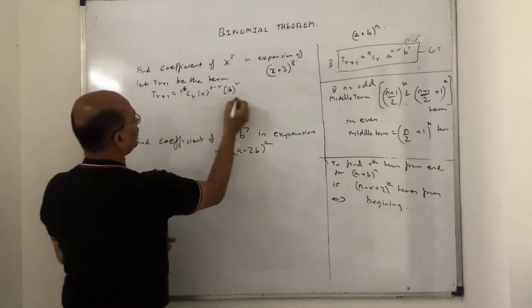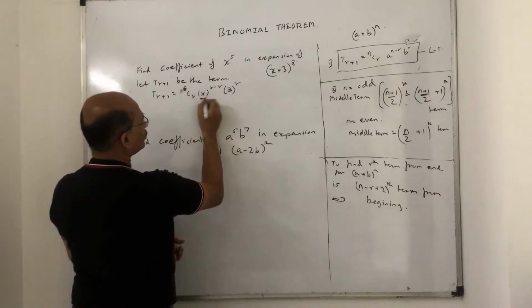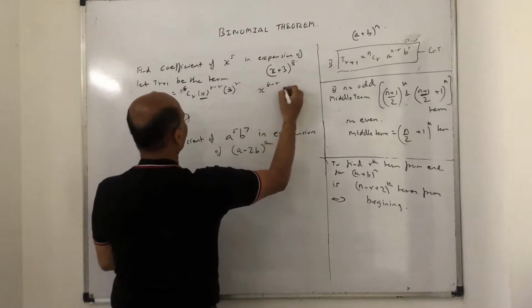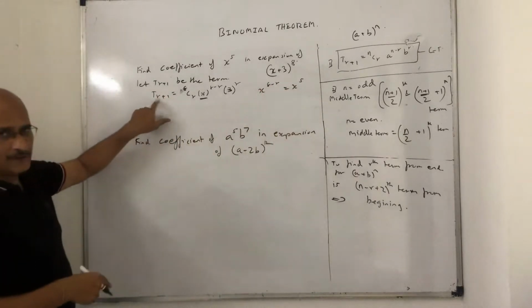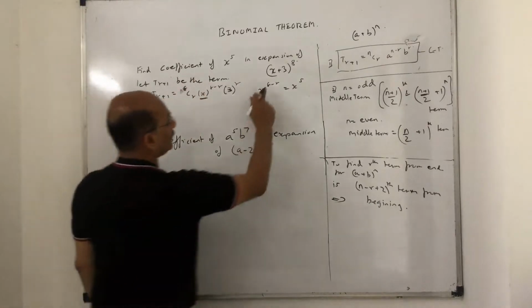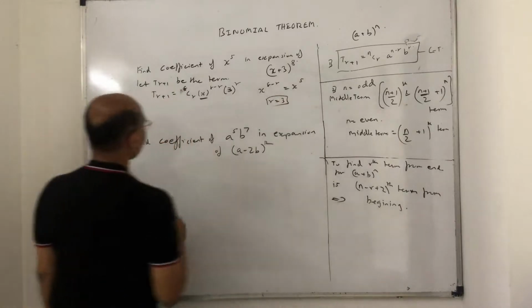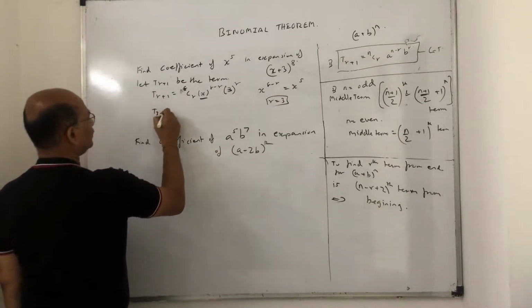So look at this, there is no x here, it is 8Cr here. So this has to be x raised to 5. So I can say x raised to (8 minus r) is equal to x raised to 5. Because the objective is to find r, without r you cannot move further. So I am finding that. So 8 minus 5, r will be equal to 3. So coefficient is very simple. If r is 3, it is nothing but the fourth term.